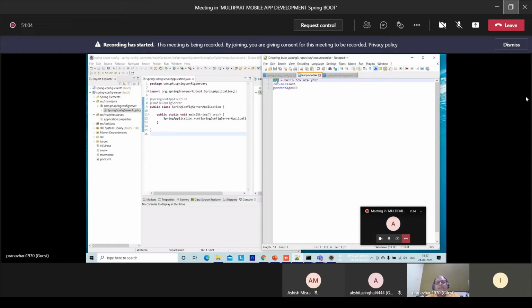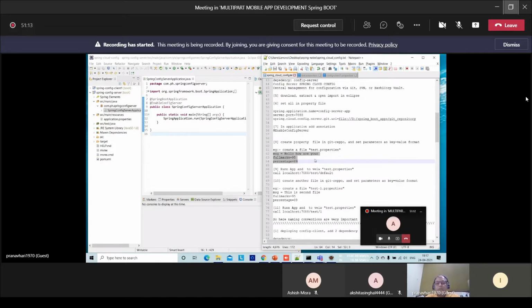Any key name, any value, as per your need, you can write down here. The rule is what? The properties file name's extension must be .properties. Once this is done, we can directly run the application at this port on localhost.